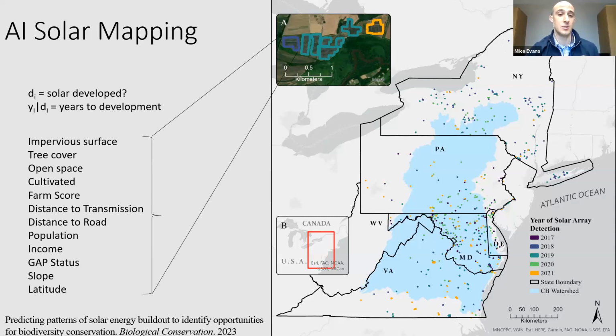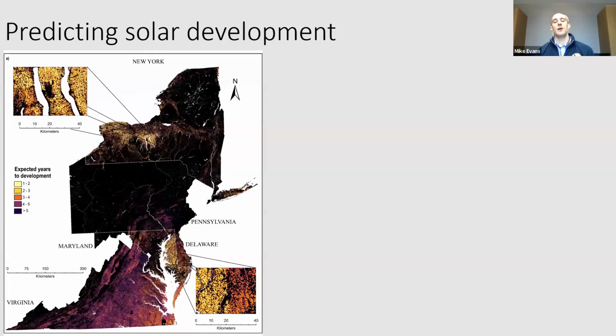And this work is about to be published in another scientific journal, so we're very excited about that. And it's led to one of the most, in my opinion, exciting outcomes from the current work that I've been involved in, which is taking this ability to map things on the ground, things that are important to conservation, and start to anticipate and predict where they're going to be in the future,